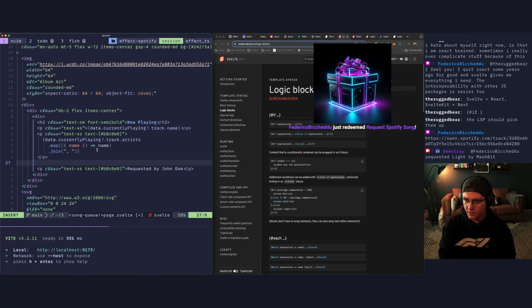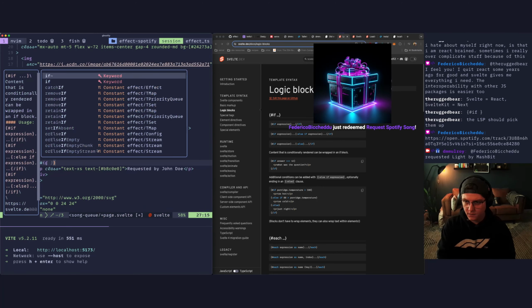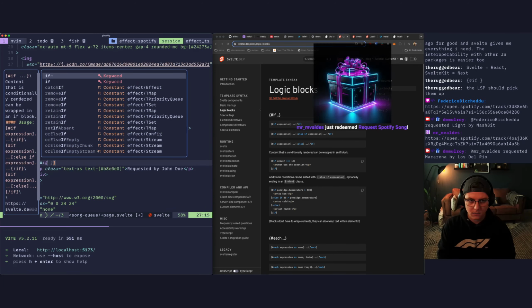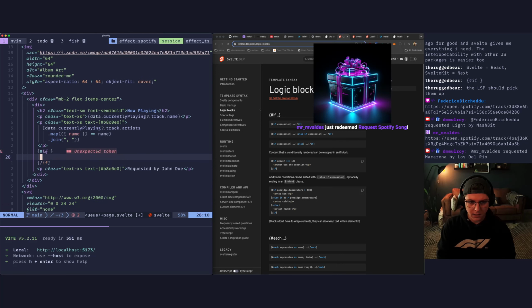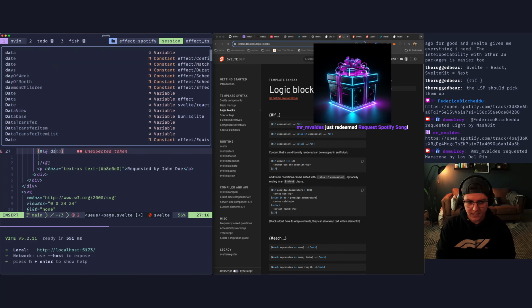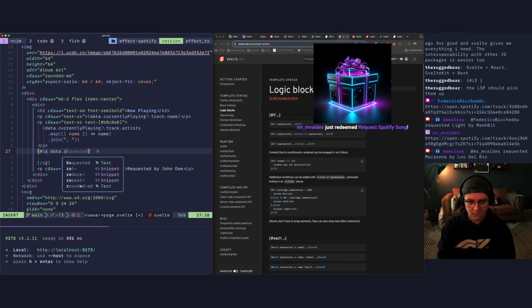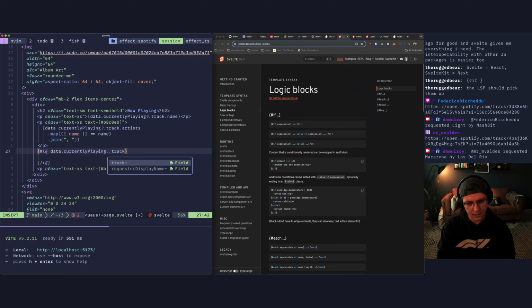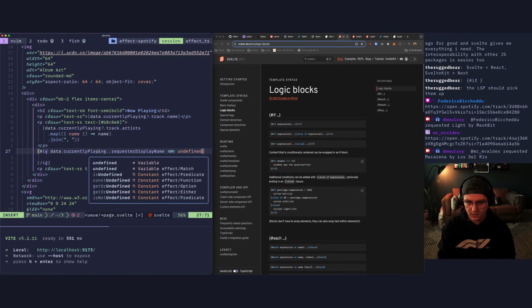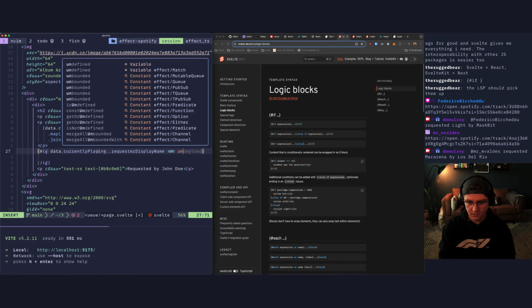So we'll come in here and it's just going to be if, and then if data dot currently playing dot requester display name does not equal undefined. Oh, that's an option though.